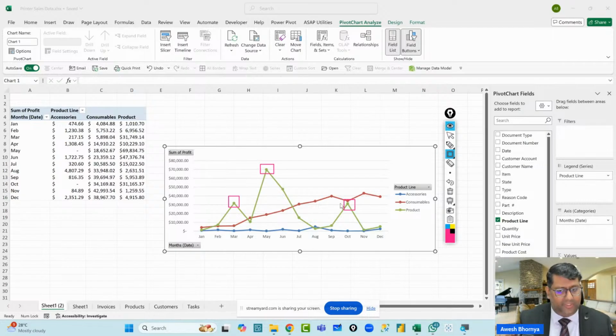You also see a peak in October, and also in March. So these are the three periods when you see the sales of products increasing. Okay, so you've now understood the pattern of the sales.